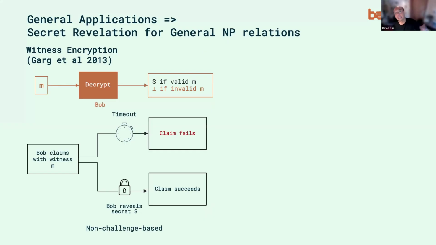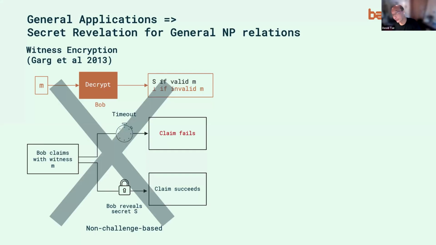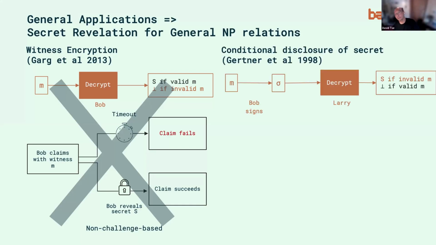because now you can translate any arbitrary state you want to verify to a general so-called NP relation. And if this relation holds, then Bob can decrypt the secret and use the secret to achieve the claim, a so-called non-challenge based approach. Unfortunately, this doesn't work, because witness encryption has no good solution in general, okay? And so we actually have to invent and use some other cryptographies